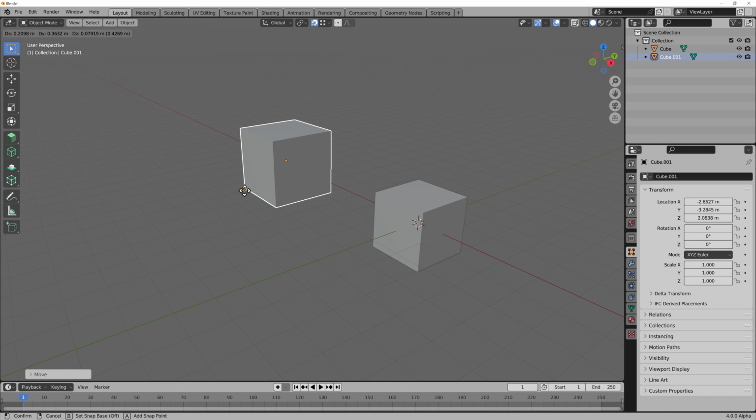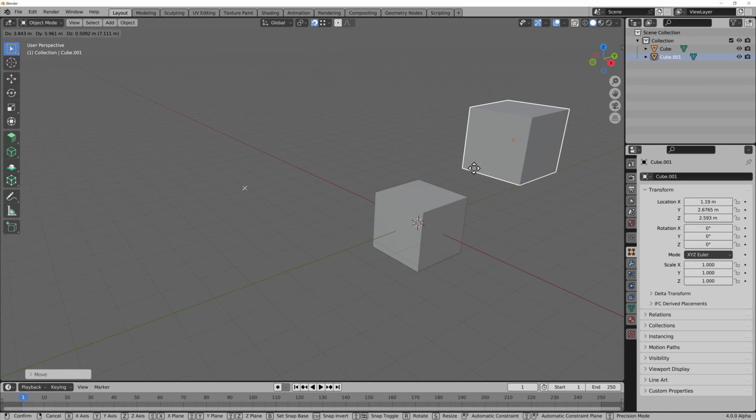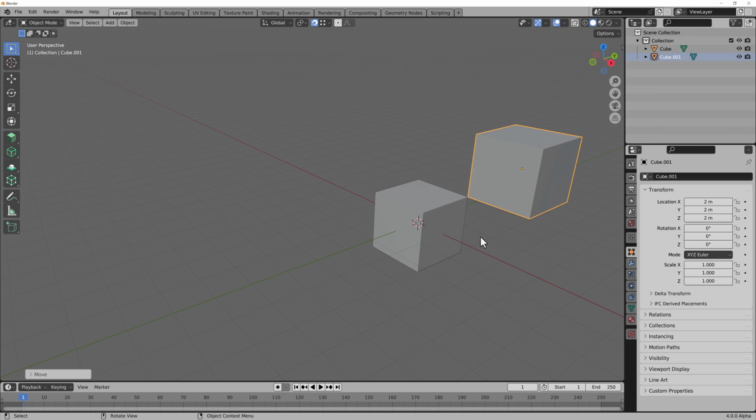I can pick this point, click here, and now I can easily place my cube there. Look how easy it is. It's incredible that we can do this now with Blender. It makes Blender become so close to CAD software in terms of precision for transformations.